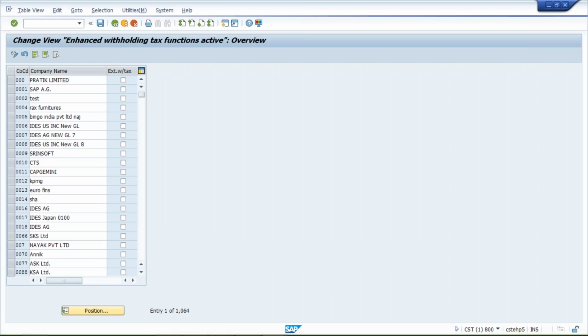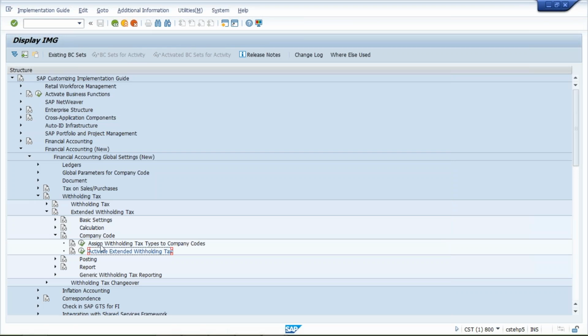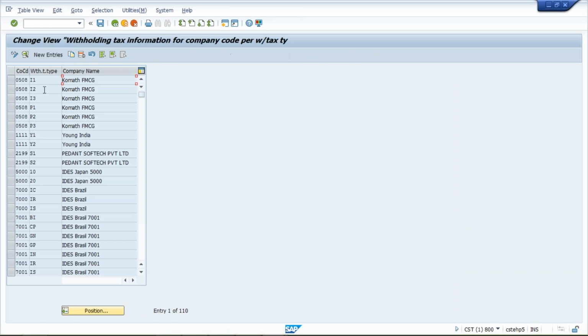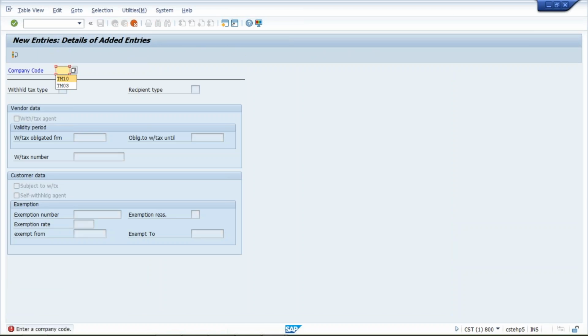So what I have done here: come back. Assign tax type to the company codes. Here I have done it for TM10, and then TM04.